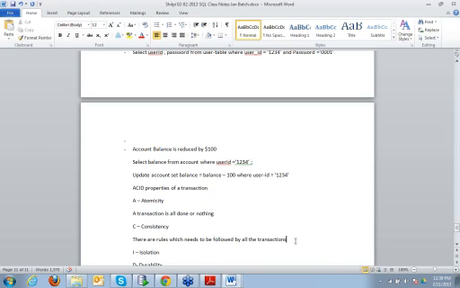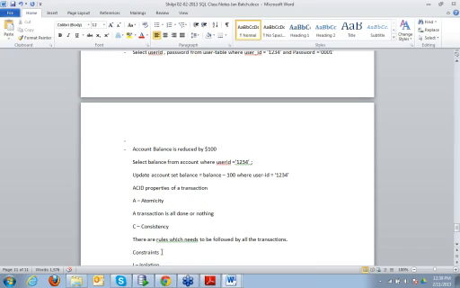These rules are actually implemented by using constraints. What are the various constraints? We have primary key constraints, check constraints, foreign key constraints, and default values. So these are all the rules which need to be followed by all the transactions.